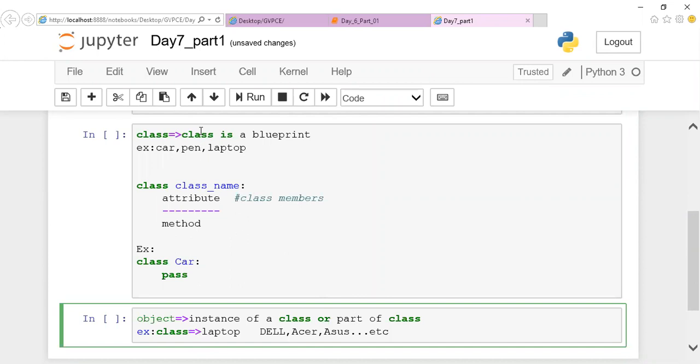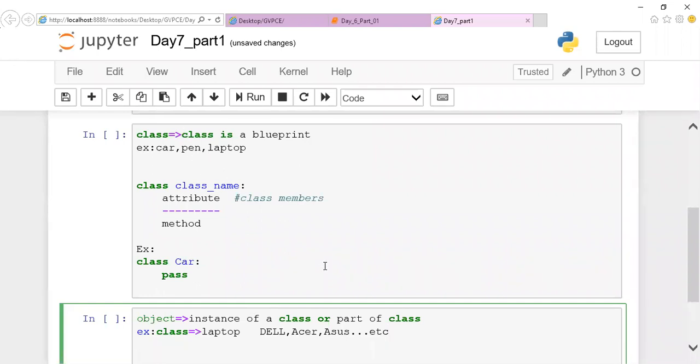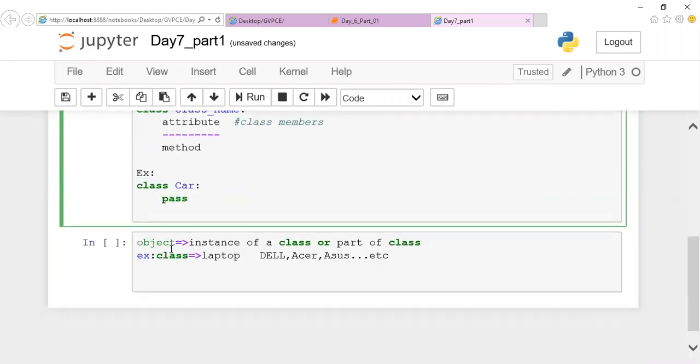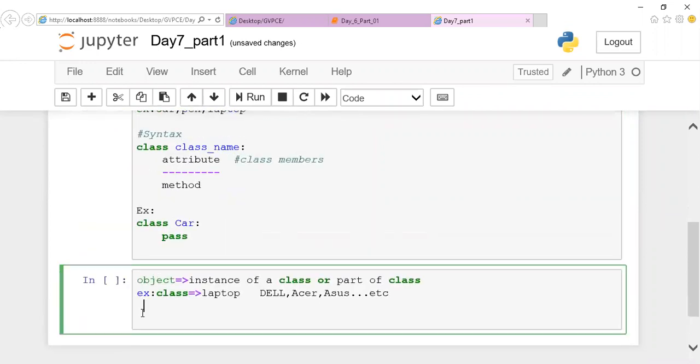Got it? When I say class, it is a general one. I didn't go ahead with any specific data here. When I say object, it's a part of a class. It belongs to a class. Okay, this is all about your object. If you look at the example of it, it will be very clear, guys. Now we can go ahead with the syntax of it. This is the syntax for class. The same way, let us go with the syntax of an object.